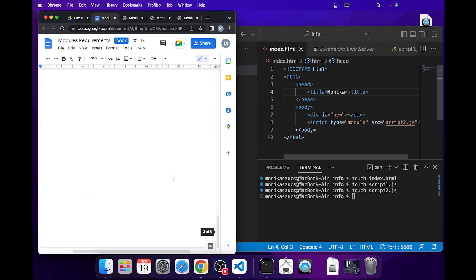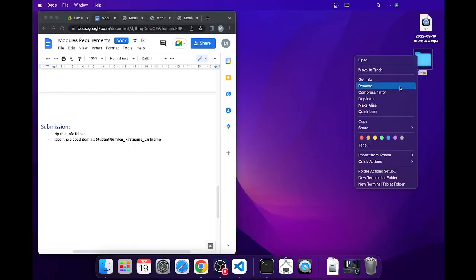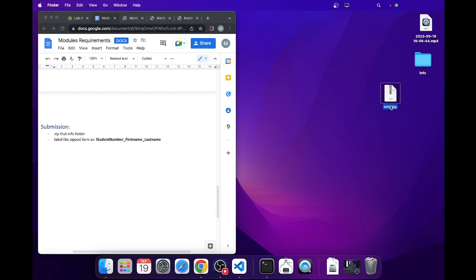And once you're done with this, it says submission, zip that folder together. So all you have to do now is just right click, let's see here, I believe just compress. So there we go. And make sure you relabel it with whatever student number it is, 1, 2, 3, 4, 5, and then whatever first name, last name, enter, and now submit this and hand it in online. I made a lab 2